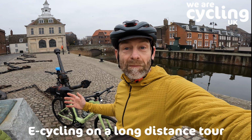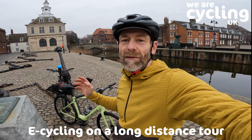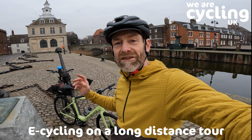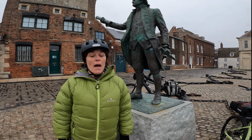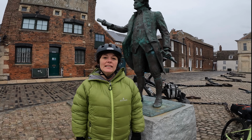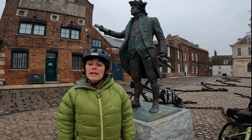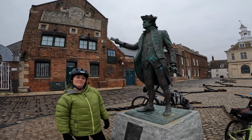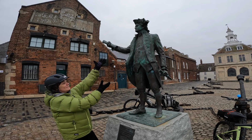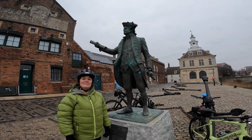Because they have a battery and a motor, e-bikes can take you further and into places that you never dreamed of, so you can experience the outdoors in a unique way. That makes them perfect for the Cycling UK multi-day rides like the West Kernow Way, King Alfred's Way and the Cantii. But today we're at the statue of Captain George Vancouver, famous English explorer and King's Lynn native, because we're